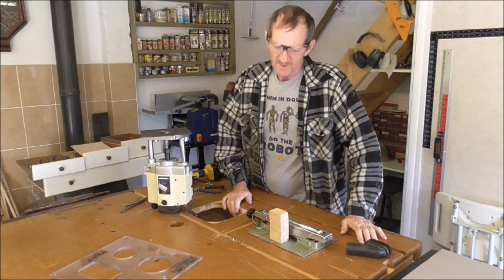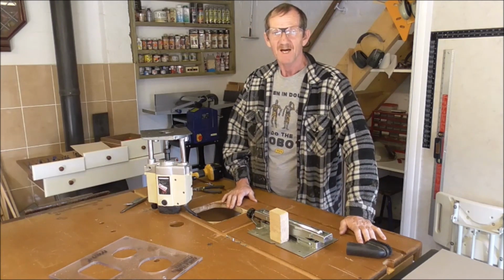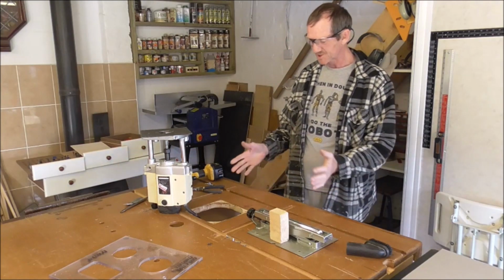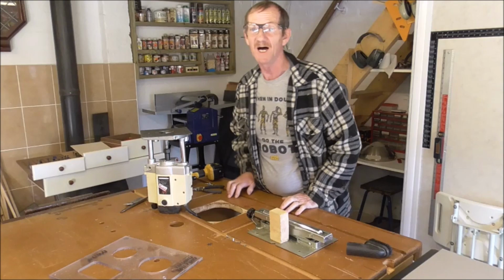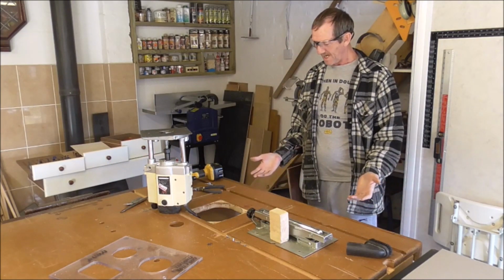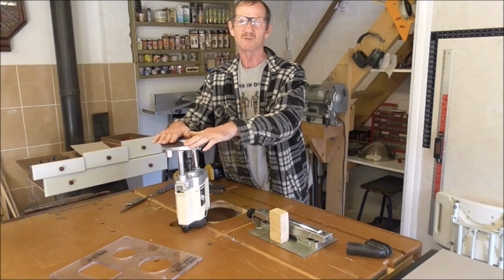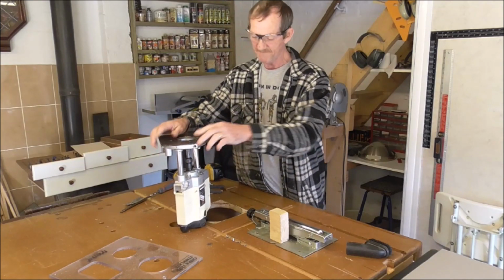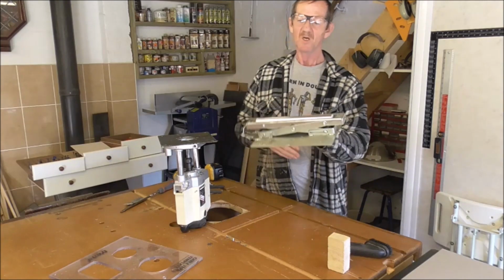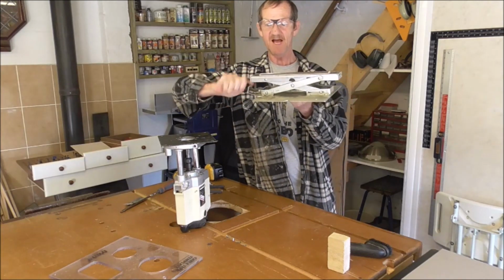Well, today you catch me not doing a project but desperately trying to upgrade my router station, something that I put together many years ago. The principle was an old one of Norm Abrams in the general sense of the term. The router is fixed to a multi-purpose router plate, and to push it up I've used this roller platform, which I took the roller out of, and with a twist of the hand it would push